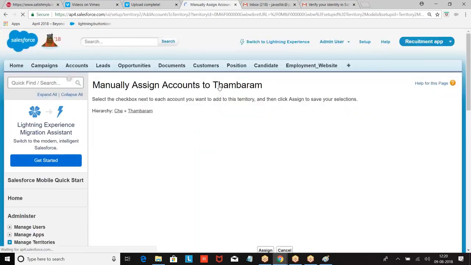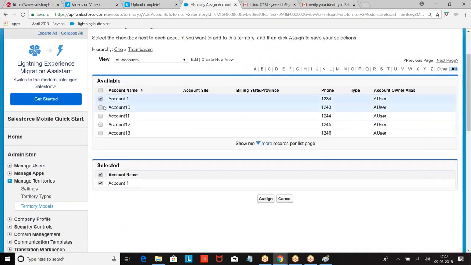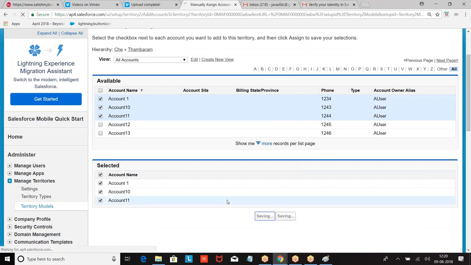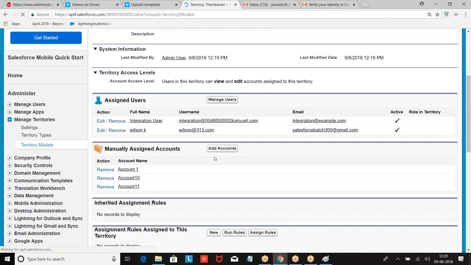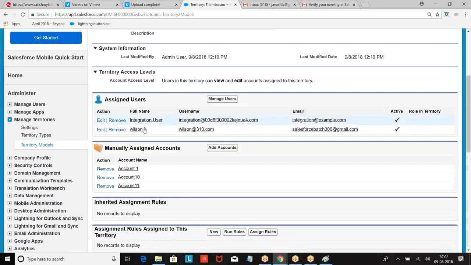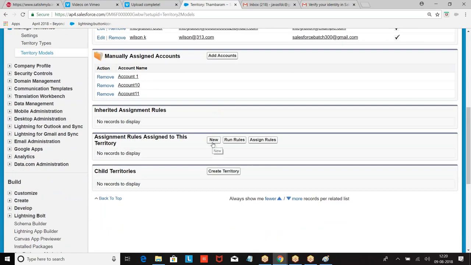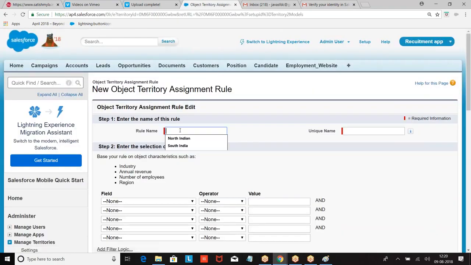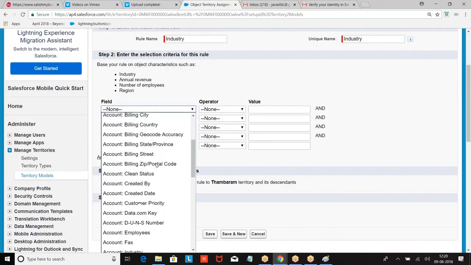I told. Right now I am assigning manually. Or else you can also give based on a rule. So these are the records of this territory. These are the users of this territory. These users can see these records, perform read, edit, delete, transfer on these accounts. Now you want to apply any rule? Industry rule. I am giving industry.